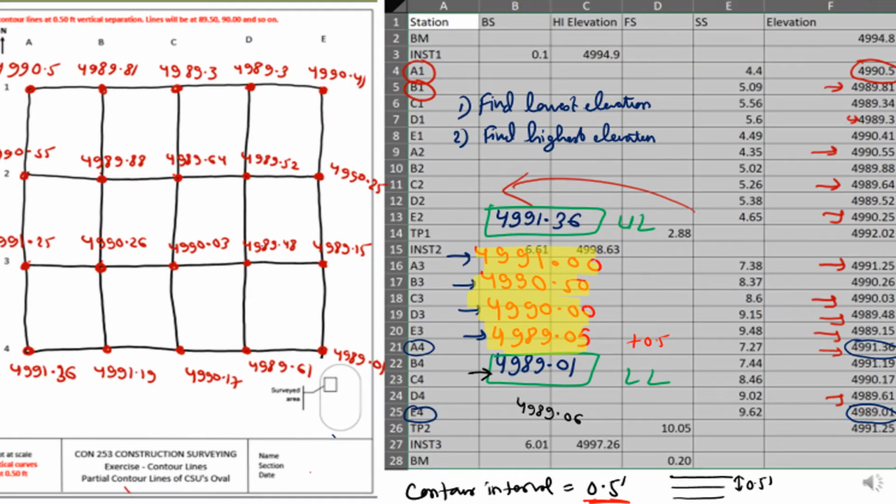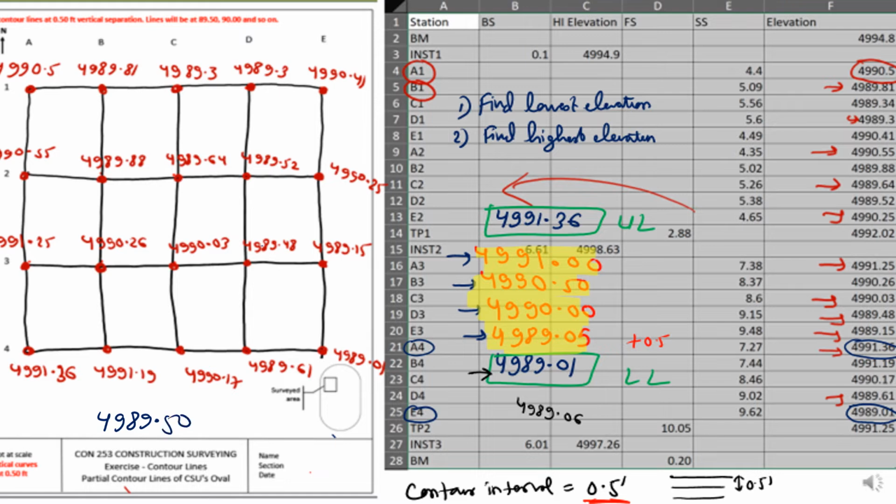Right. So the last step is to actually draw the contour lines. Whenever you draw the contour lines, you draw free-handed, because I find some students using a ruler to draw the contour lines, which looks like it is sketched by a robot. So make sure you don't make yourself look like a robot and draw using the freehand. So my first contour line has an elevation of 4989.5,